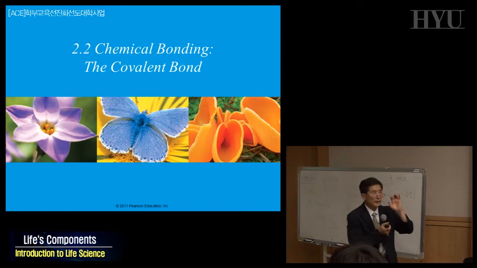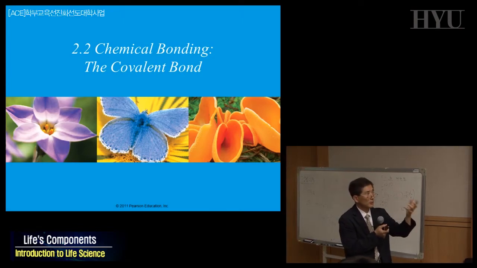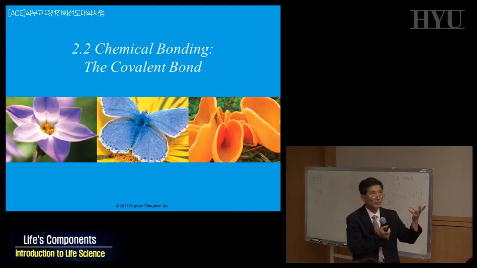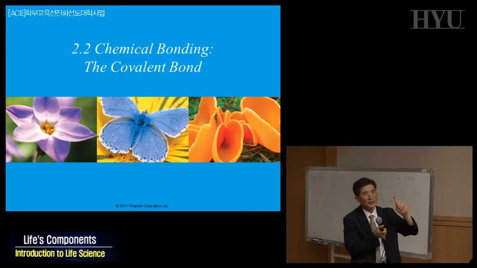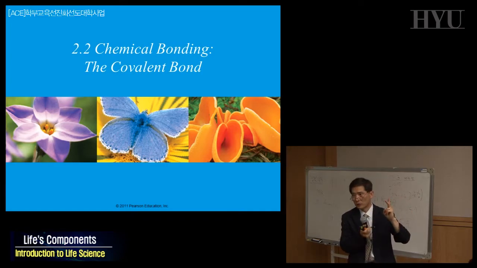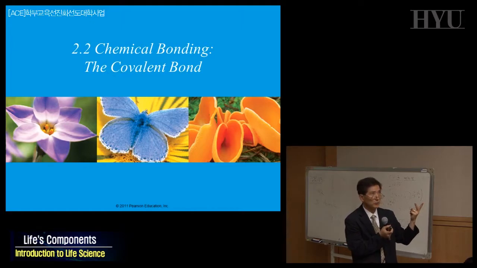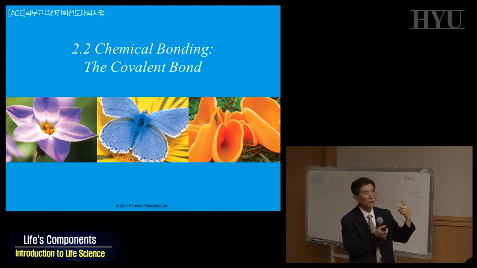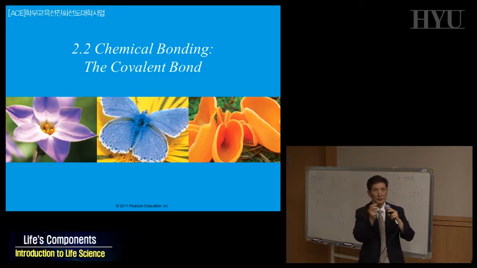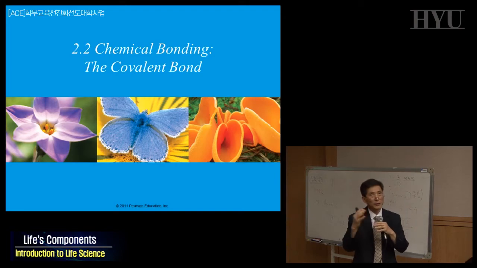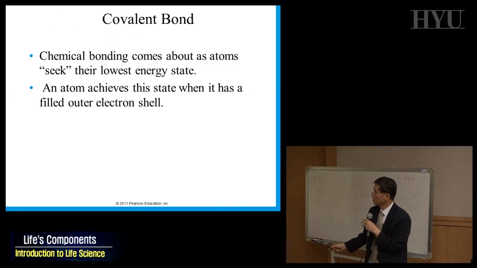So we'll go through chemical bond. This textbook will explain 3 types of chemical bond. 화학결합. Okay, chemical bond. There are 3 types. The first one I'll go through is ionic bond, 이온결합. The second one is covalent bond, which we call 공유결합 in Korean. The third one is called hydrogen bond. The textbook's order is a little bit switched. They will explain covalent bond first, but I'll go to